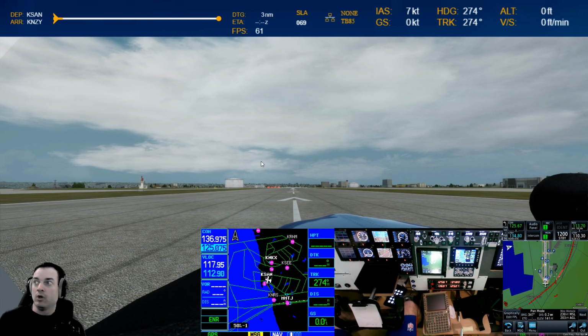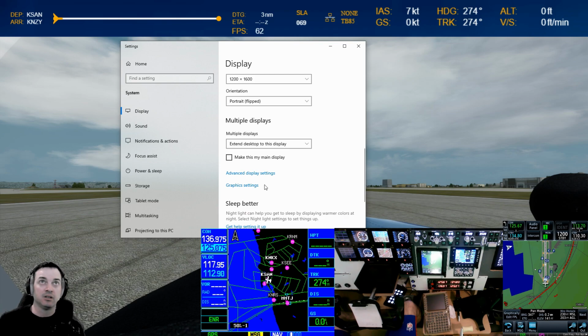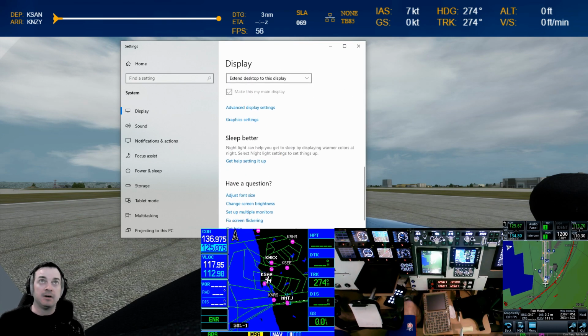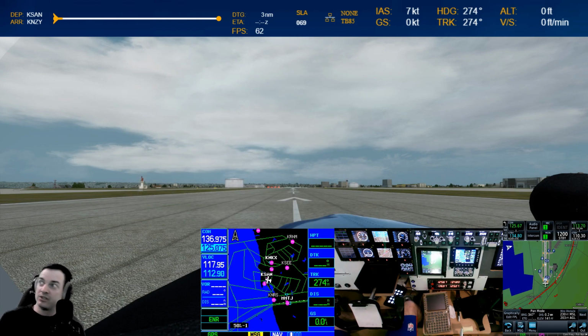All right, so what we found actually was that in the display settings for that monitor, advanced display settings, it had turned the refresh rate off of 60 hertz back to 30 hertz. So for some reason it was into 30 hertz, and that was slowing down our frames per second. So far, with global installed,